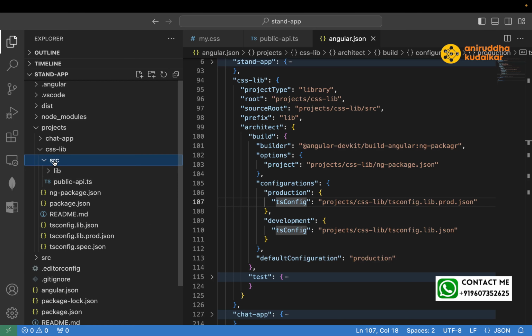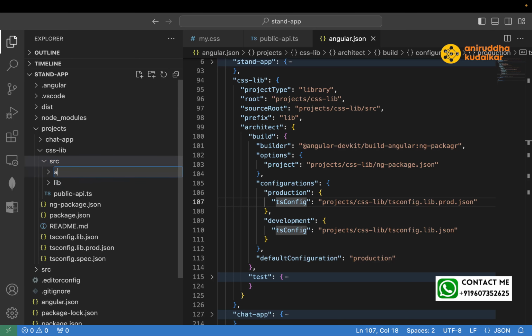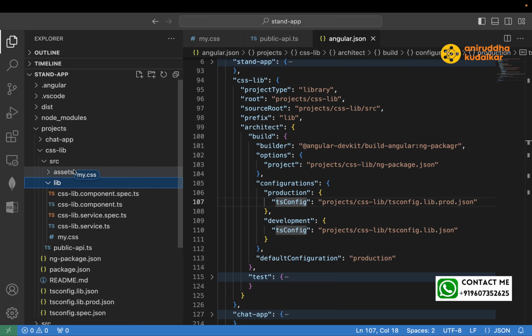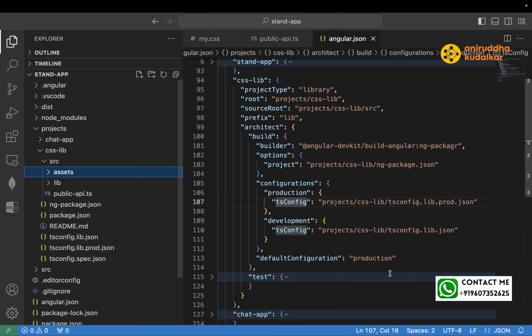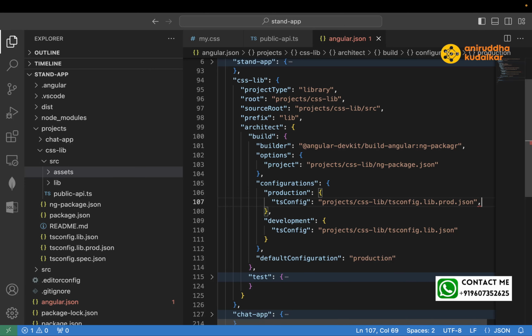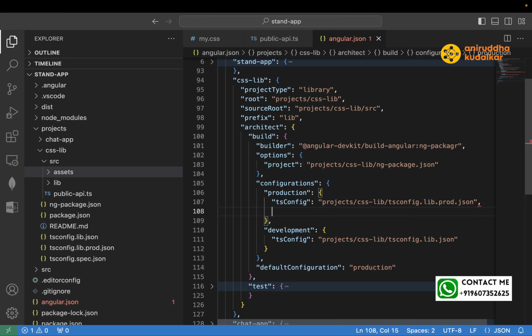Under the src, let's create one folder, assets, and move this CSS file to the assets. And now assets, sorry, now assets,